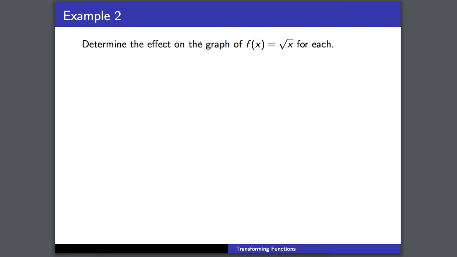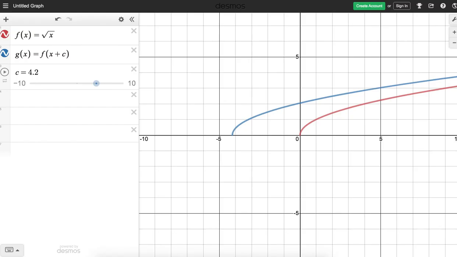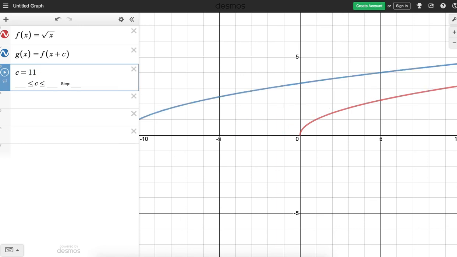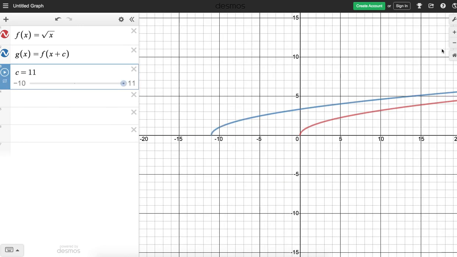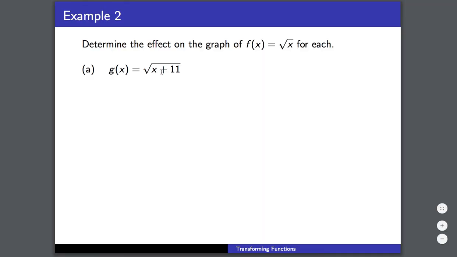So example 2: determine the effect on the graph of f of x equals the square root of x for g of x equals the square root of x plus 11. So let's take a look at the square root of x plus 11. We can just set that here. And if we zoom out a bit, in red is our original square root of x graph, in blue is the square root of x plus 11, and notice it took the red graph and moved it to the left 11 units. So adding inside the square root actually moves it to the left that many spaces, in this case